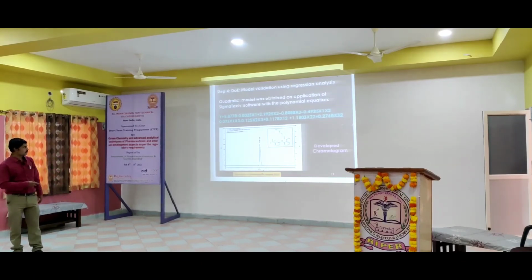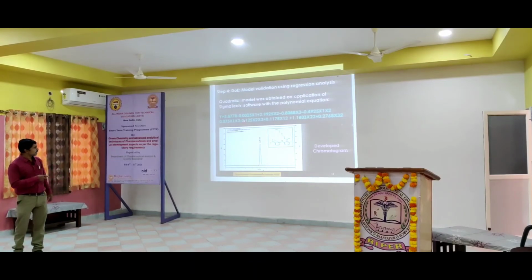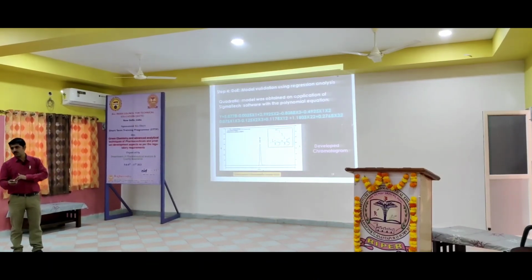The first parameter is pH. So the pH is having a negative impact on the retention time. That means if you increase the pH, retention time decreases. And the second parameter, if you see here, has a positive impact. The second parameter is aqueous phase. So if you increase the aqueous phase, RT also increases. And the next parameter is flow rate. Flow rate again has a negative impact. That means if you increase the flow rate, the retention time decreases. That you know very well.